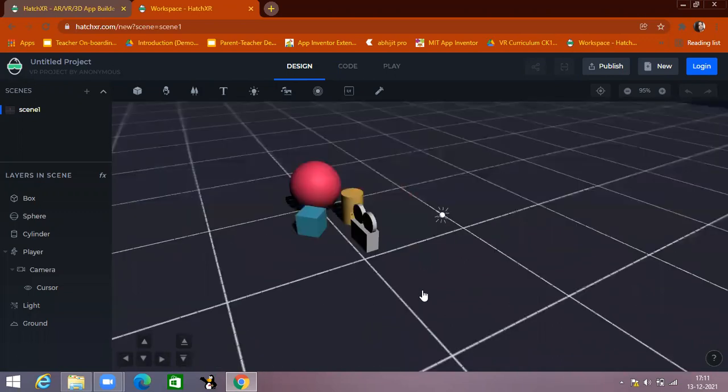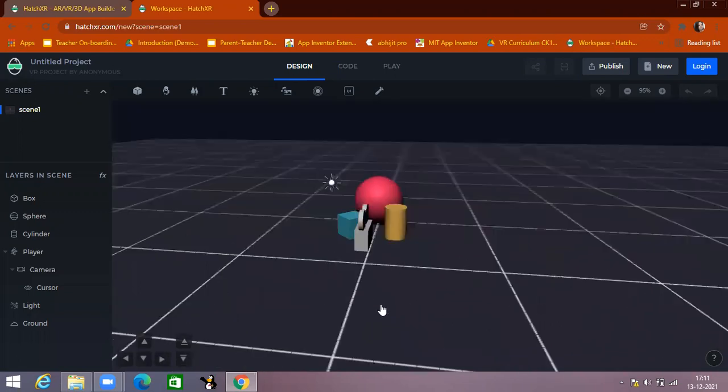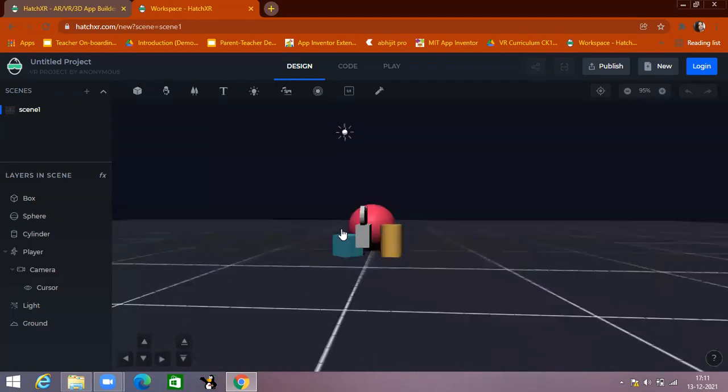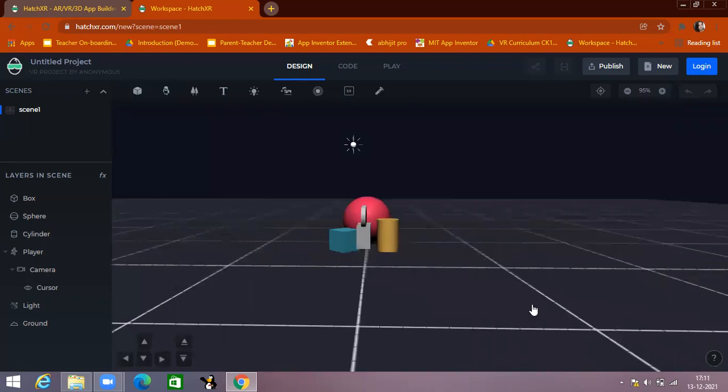So today we are going to make a rocket launcher app. For the rocket launcher app, I want a rocket. I want to design this ground, and I will write a code for how the rocket goes up.